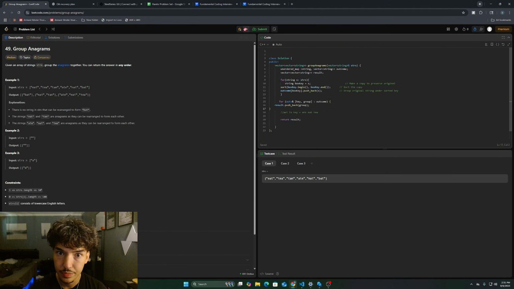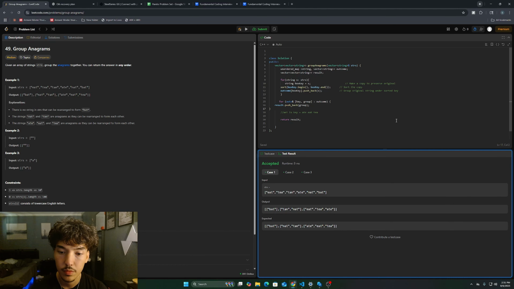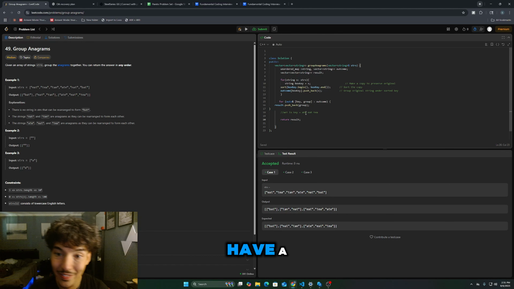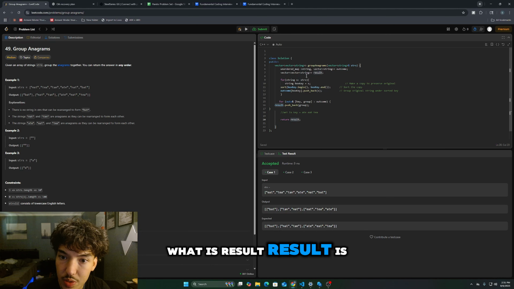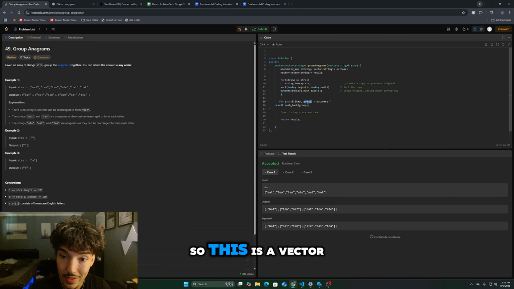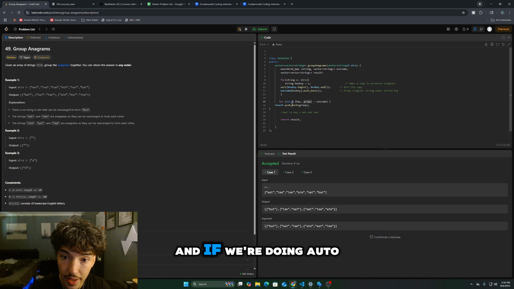Does this work? Oh my god, it worked. Bro, what is this? Alright, so let's think. What is result? Result is a vector of strings. We're pushing back group, which makes group a vector of strings. So this is a vector of strings. A vector of strings is this. So we're pushing that. That is group. And if we're doing auto and key, comma, group,